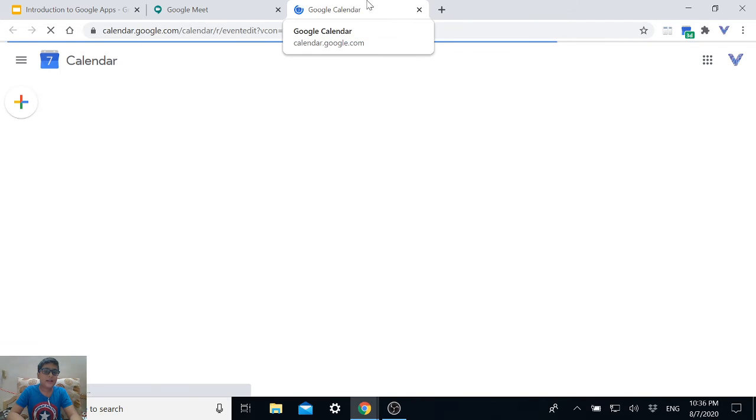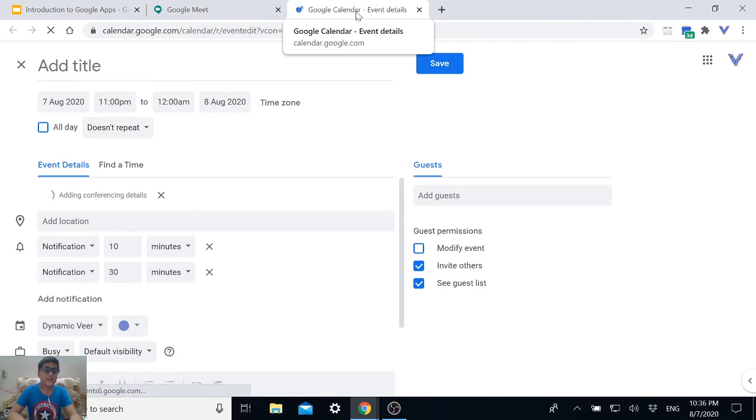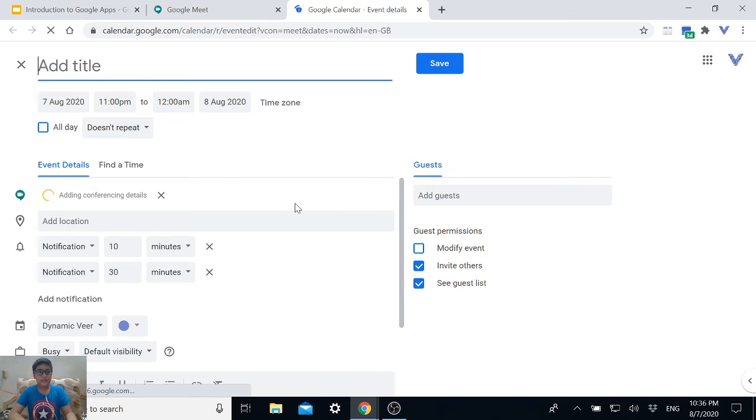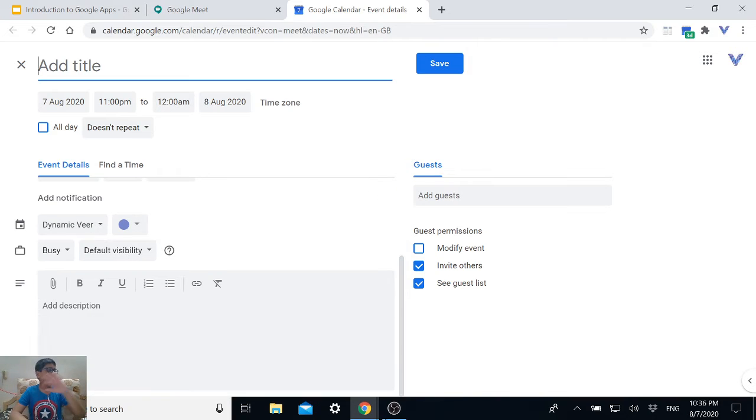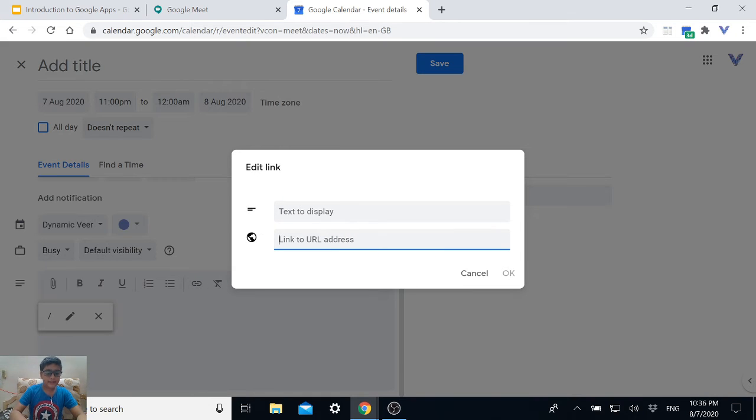So here you can schedule in Google Calendar. This is unbelievable. It's like scheduling it days before. Right now it's 7th August, but I can set it to something else. I can add guests and then they can just directly join by clicking it. So here we can directly link it